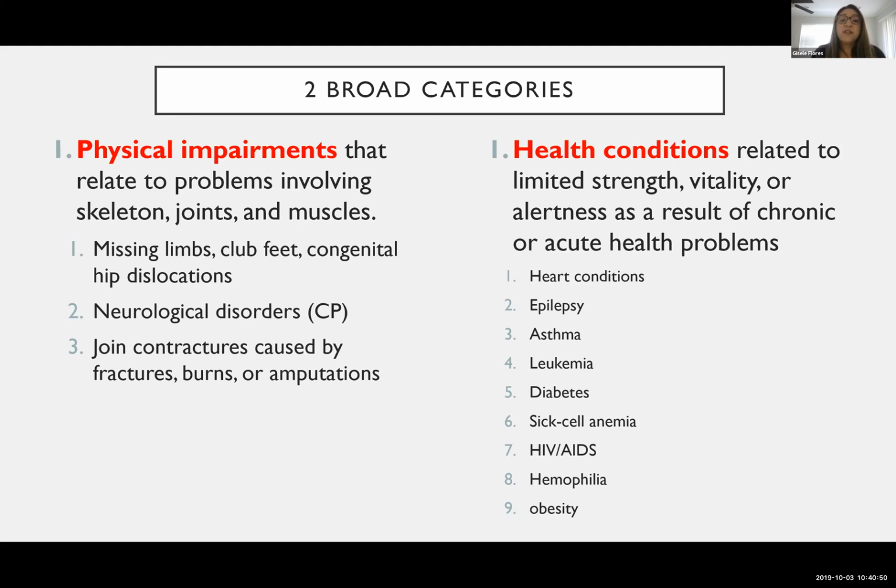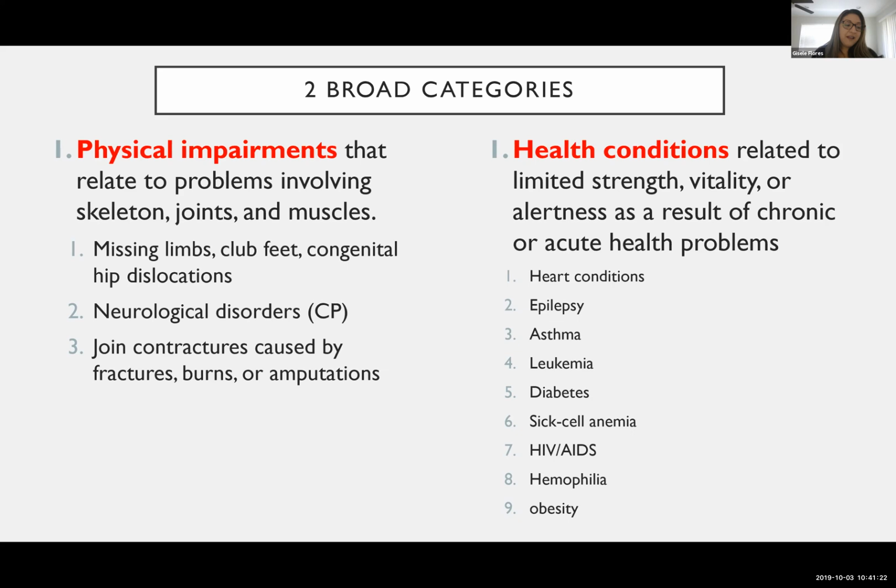Children experiencing leukemia, diabetes, sickle cell anemia, HIV and AIDS, and hemophilia have specific medications that really change the dynamic of the child's character. So you see children who are often just kind of sick and nauseous a lot. They're tired, they might be a little bit anxious. And so we need to think about supporting children in the classroom or program environment when they're feeling that way under that medication.